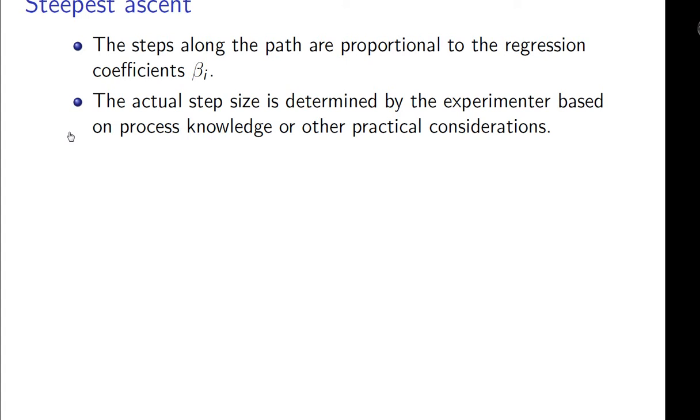Or you could choose it based on the magnitude of the coefficients, or if you generated contour plots, that could help guide you. So it's not just knowledge of the process. There are many other things. It could be somewhat arbitrary. The important thing here is that the direction in which you travel looking for the optimum condition is based on